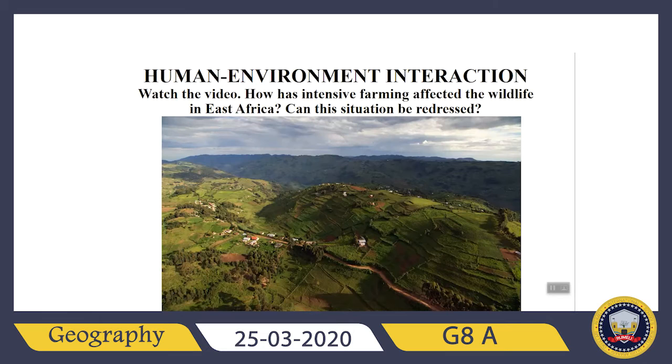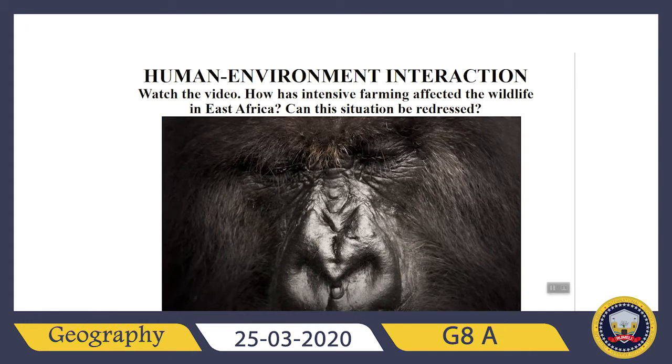Okay, so now look, human-environment interaction, and at home, by the way, you're going to read the chapter about human-environment interaction in Africa. But now we're talking about East Africa. Watch this video and tell us how intensive farming has affected the wildlife in East Africa, and can this situation be redressed or corrected? So,